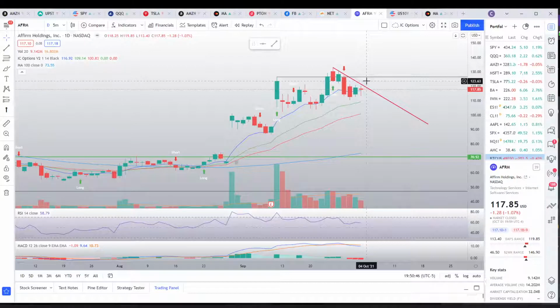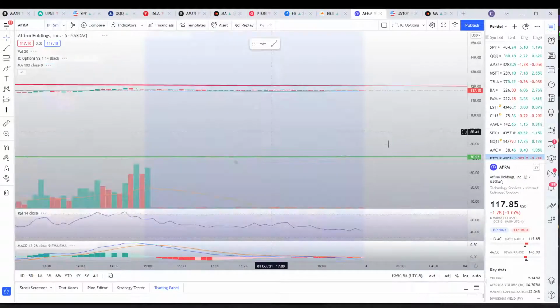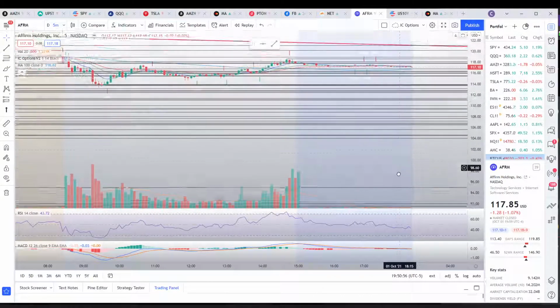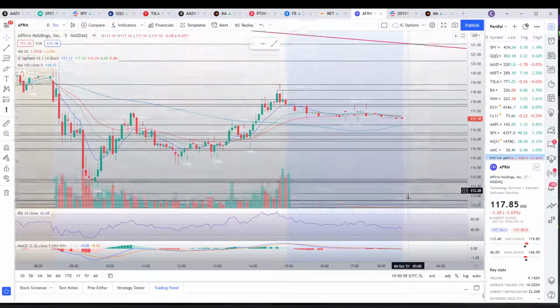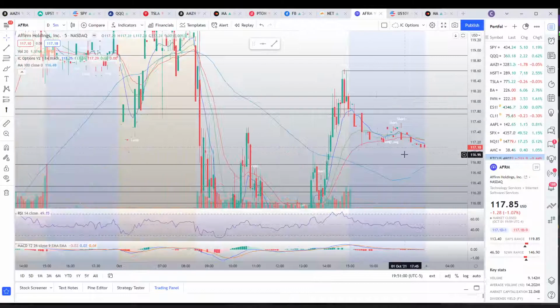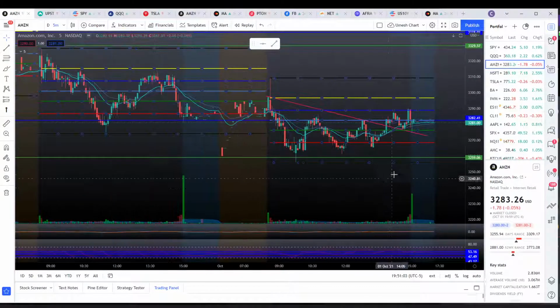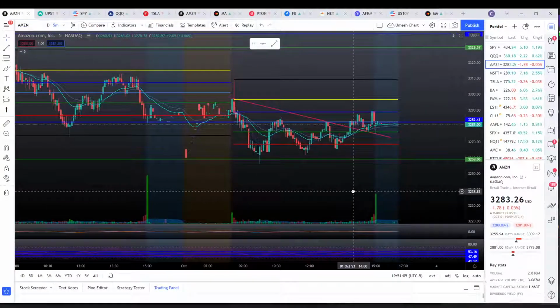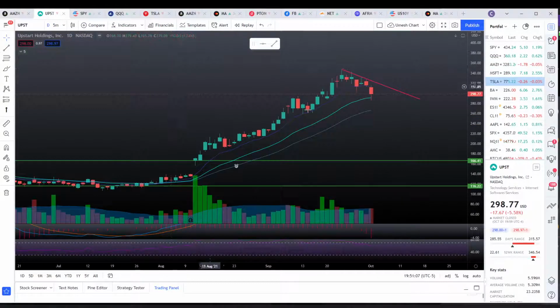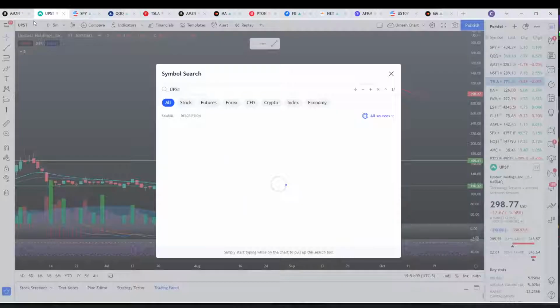So how can we scalp on this? On Affirm? Scalp? Yeah. Now for scalp, I use something different. I'll use a 5-minute chart with my other tool, which we use on Amazon right here. You see, this is my Amazon chart. But here on Affirm, if I wanted to scalp,